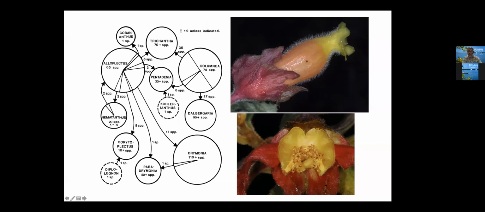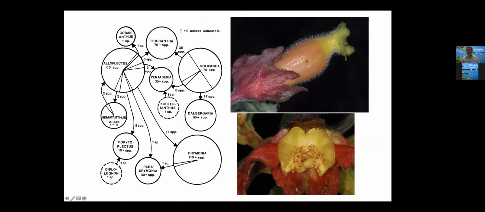The other thing I just mentioned is that the students are talking about how we classify plants based on evolutionary relationships. So if you look on the left, there's a lot of circles. And I think in the past, we've had this idea that, okay, if Columnia has a berry, then everything that has a berry has to be Columnia. And so you sort of fit things in the circles with the characters that you understand. That's the traditional way that we used to classify biodiversity. Things have a character, they fit in the circle, and you figure out that circle where they fit.